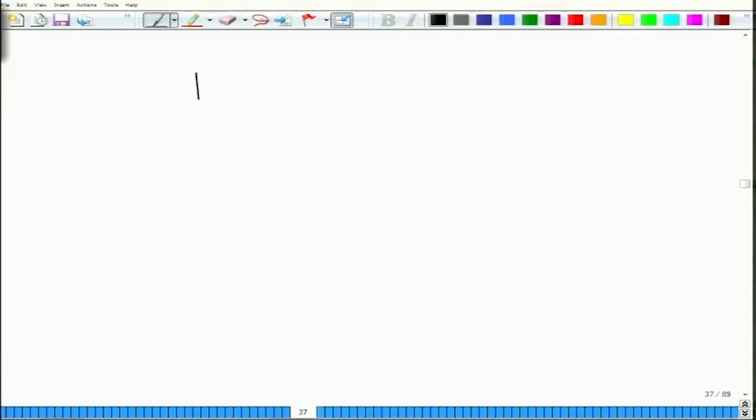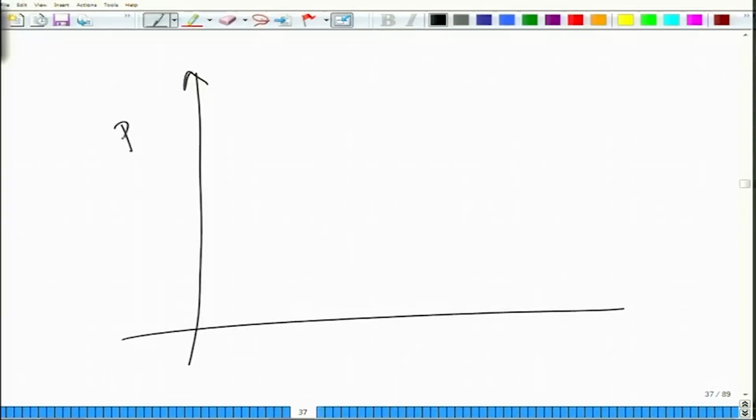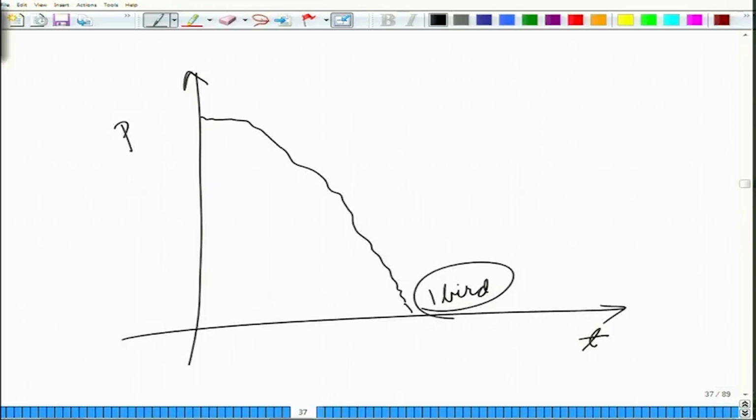Now, suppose this decline had continued for a very long period of time. If this is the population size and with time t, because you have very few births, the population started going down, and let us say you were only left with one bird. If you only have one bird left and there is no other bird for it to mate with, obviously this population is going to become extinct. So, you have to put a brake on your toxic substances way before it has reached that stage.